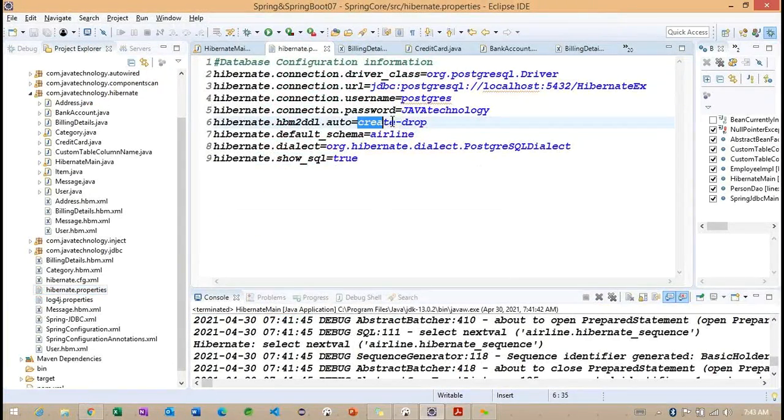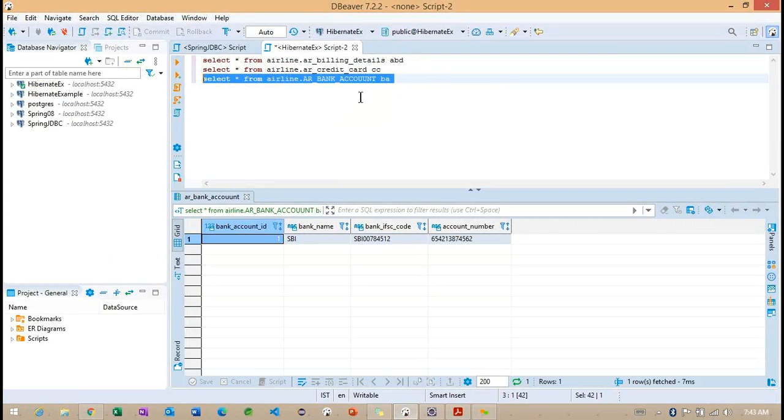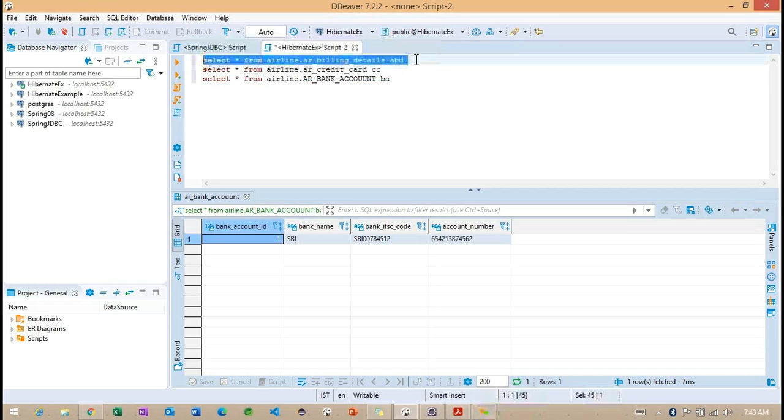In the Hibernate properties, what we provided here is create and drop. After performing any operations, if you run the server one more time, what happens internally? The tables are going to be recreated one more time, with the sequences, indexes, whatever information we specify, each and every piece of information is created one more time. Right. So now these tables are newly created, so we cannot find the previous record information here.